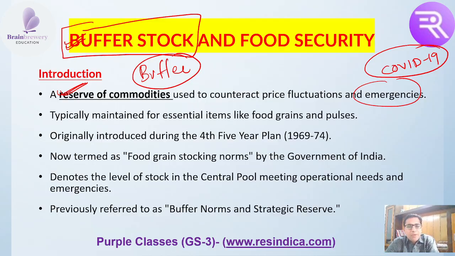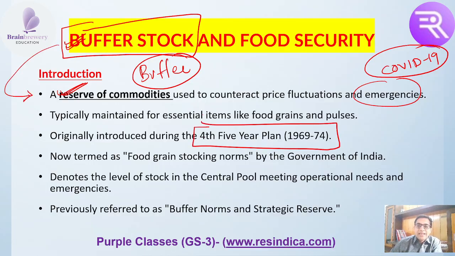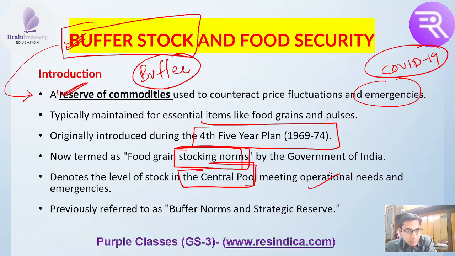Okay, buffer stock can be of anything. It can be food grain, pulses, oil, or anything. The concept of buffer stock came in the fourth five-year plan, in 1969 to 74. The main task is the food grain stocking norm, like how much food grain you can stock in the central pool, for whenever you need it in any kind of emergency. Earlier it was known as the food grain stocking norm, but later it was renamed as